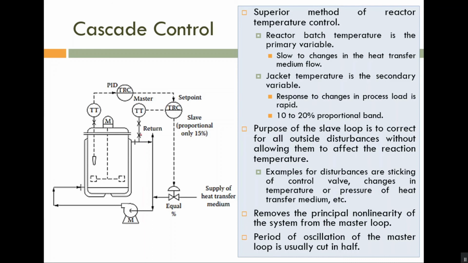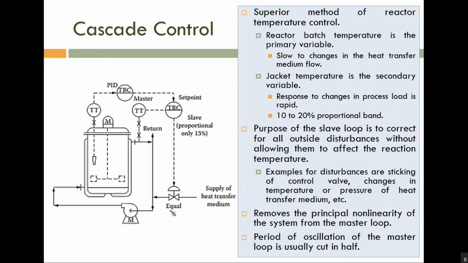So please note this one is the secondary control loop, this point to this point, and this point to this point, this one is a primary control loop. Okay. So now you can see that for secondary controller, the output of this primary controller is acting as the set point. Okay, so that is the first thing.